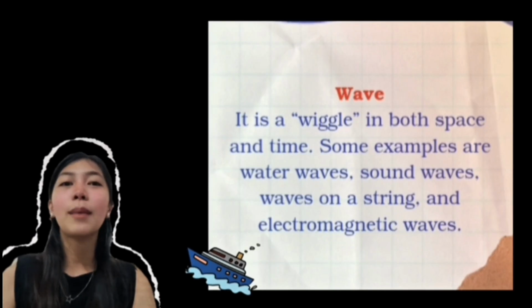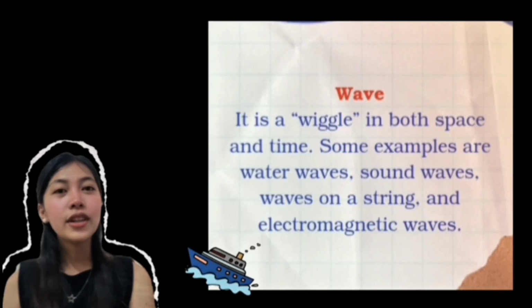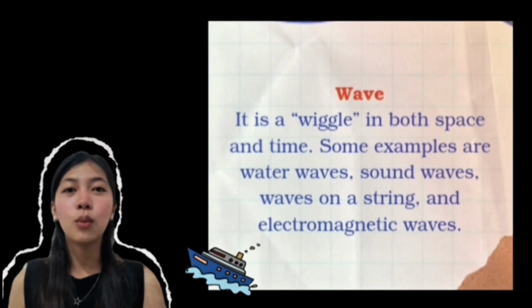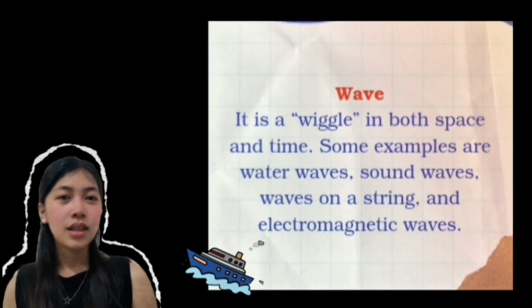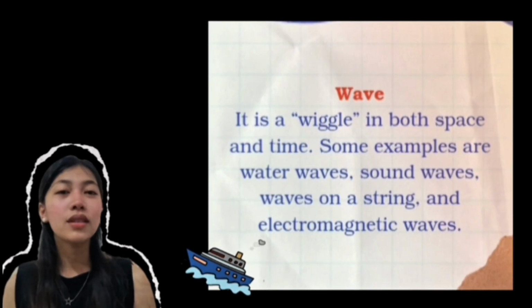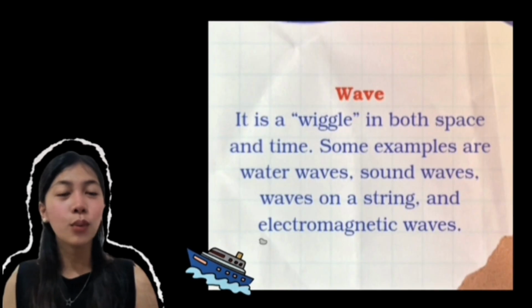Now, what's a wave? A wave is like a little wiggle that moves through space or air. For example, when you throw a stone in water, you see round ripples. Those ripples are waves. Some examples are sound waves, waves on a string, and electromagnetic waves. Now that we've already known the difference between oscillation and a wave, let us now move on to the periodic